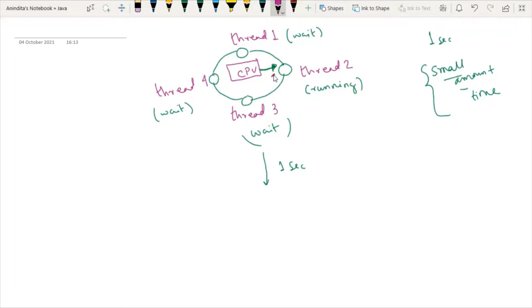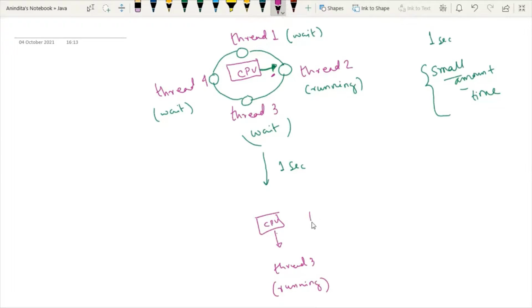So this is the initial position of the CPU. After 1 second of time slice, the CPU will be assigned here, at thread number 3. Whenever the CPU is assigned to a particular thread, at that point of time the thread will be in the running state.